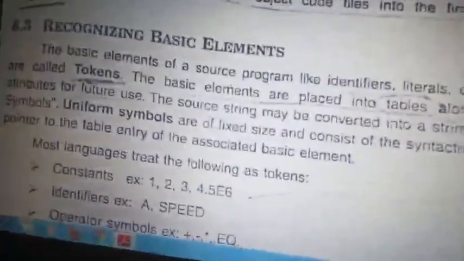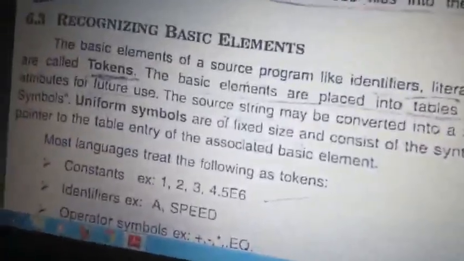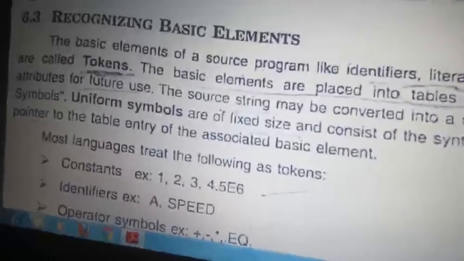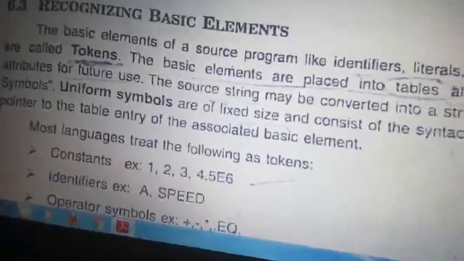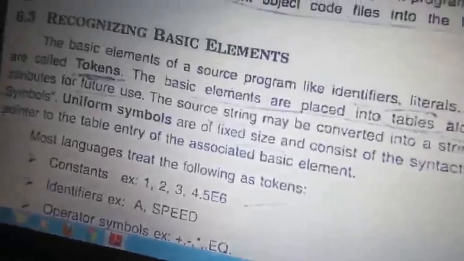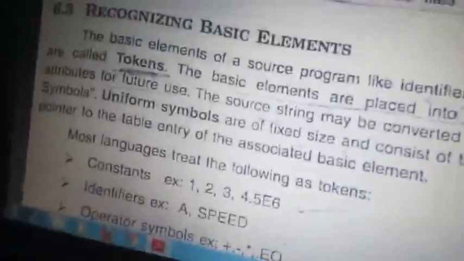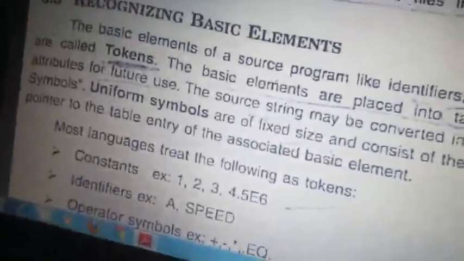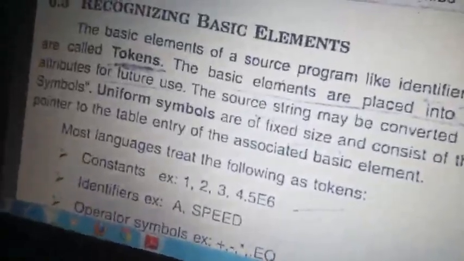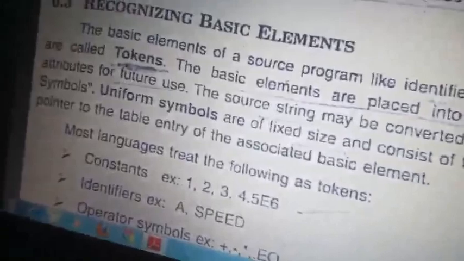Recognize the basic element. This is a 5 marks question. Recognizing the basic element means we are recognizing the tokens, the symbols. Whatever symbols, identifiers, literals, operators you use, we call those tokens. These tokens are unified symbols, like int, only that you have to write. They are of fixed size. You can't change them.